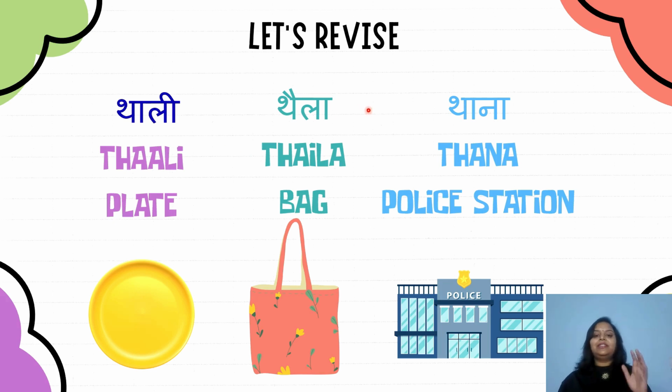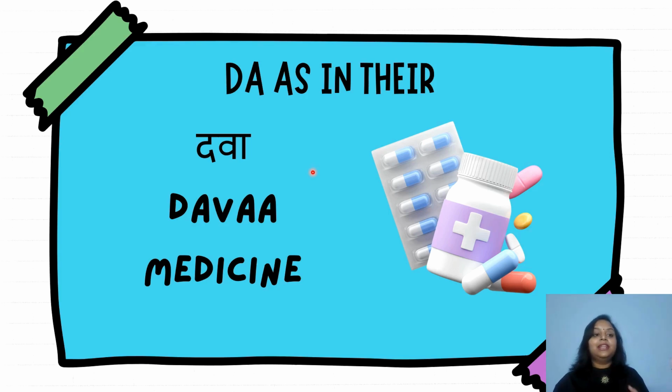So let's revise the three words that we learned from tha. Tha, thali, that is plate. Tha, thela, that is bag. And tha, thana, that is police station. Very good. The third consonant that we are going to learn today is da, and the sound is da as